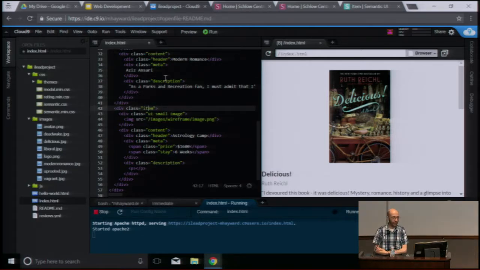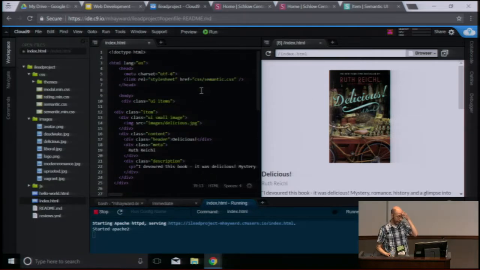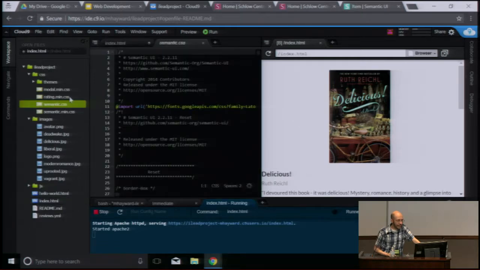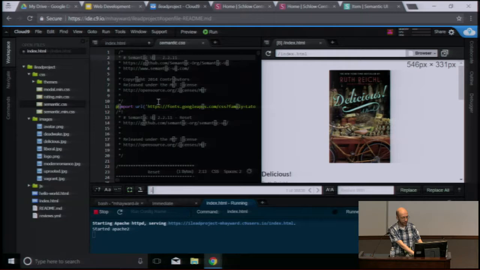Okay, so if you're curious how this works, like how does all this magical stuff just happen? Like we just put in one file and copied some code and it just all magically made it look good. If you're curious how that works, it's because of these attributes we're putting on these tags. So this class item tells the website, hey, this div tag needs some CSS applied to it. And this CSS is in this semantic.css file. So if we did a search for item,